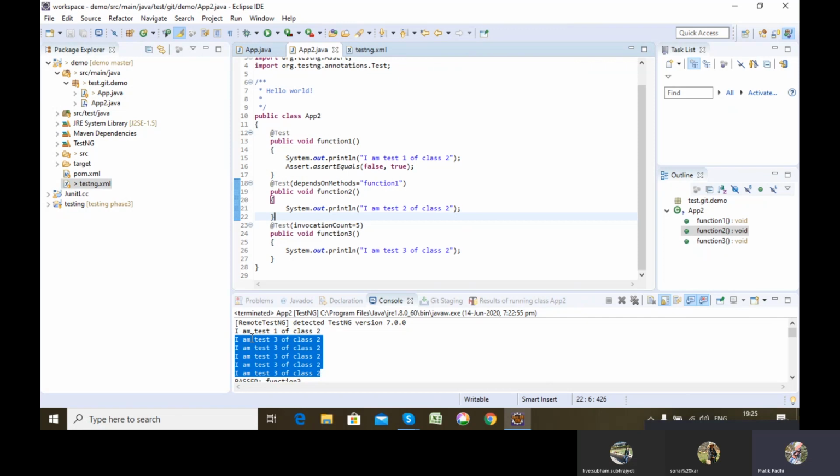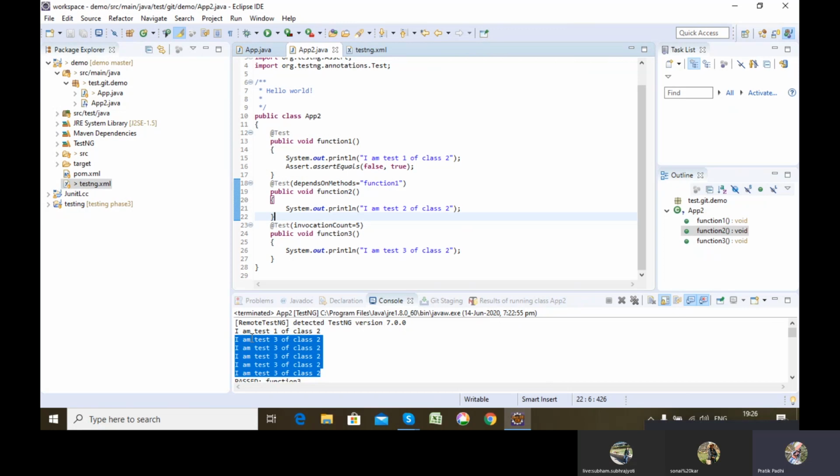But here, let's say for example 5 milliseconds was required for one test. One thread was assigned and I have 7 tests, so it took 7 into 5, that is 35 milliseconds, to run all the tests.